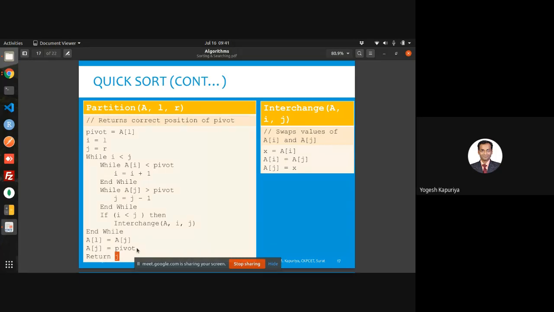Any doubt? If you don't have any doubt, then I have one question. I think there is a correction required over here. What is that correction? Anyone can answer me.